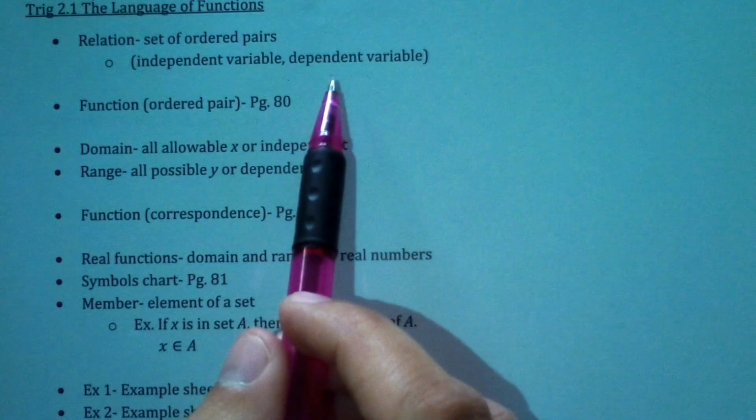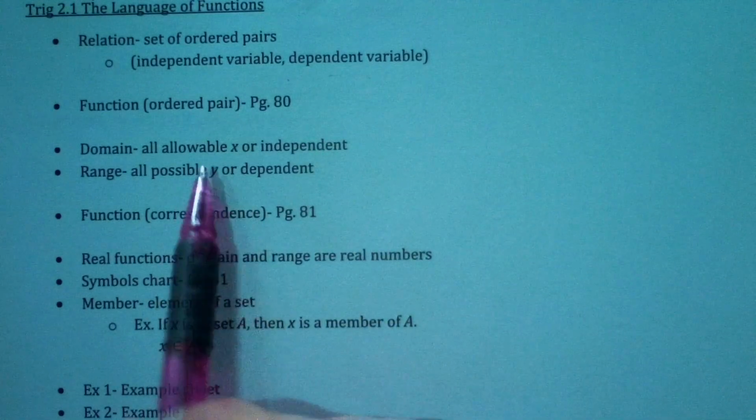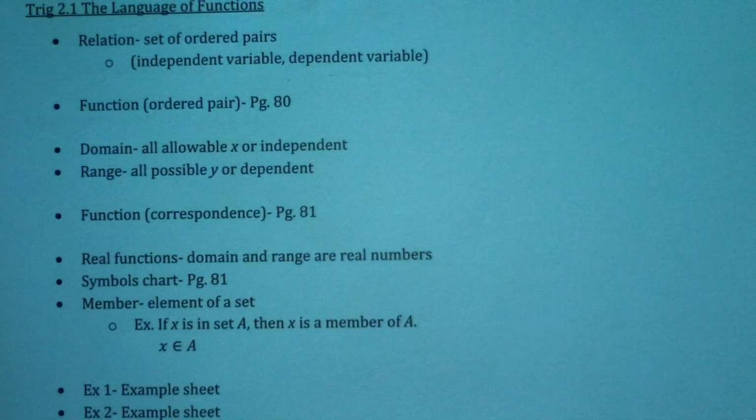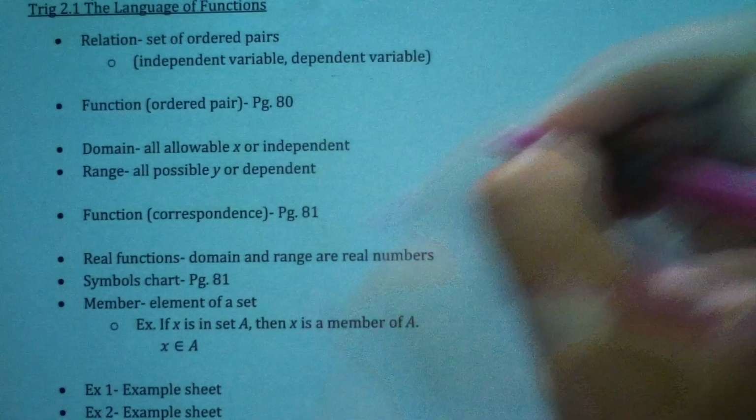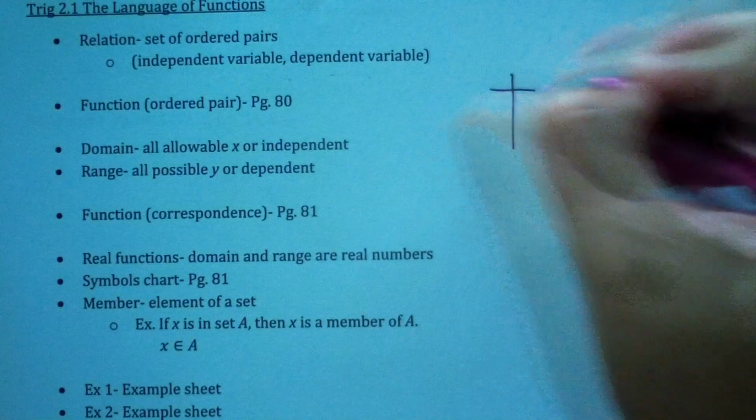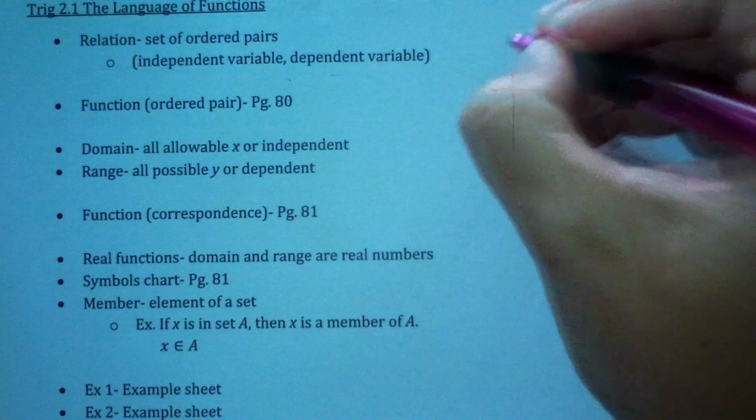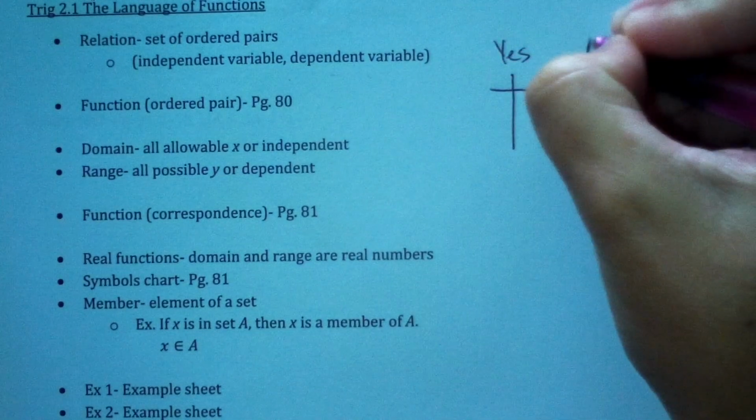Next thing, the function, and they define it in terms of ordered pairs. It says a function is a set of ordered pairs (x, y) in which each first component x is paired with exactly one second component y. So what that would look like, say I made a couple little tables here. I'll give you one that works and one that doesn't work. So if I go x, y,